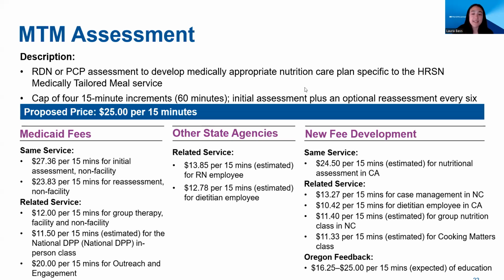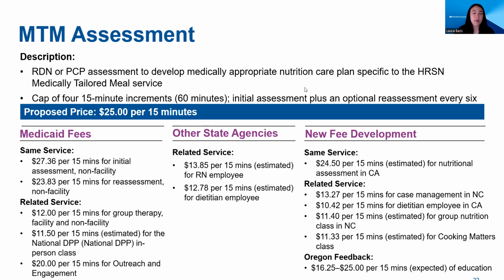The other prices included Oregon Medicaid rates for these related services, which we talked about, the group therapy and so forth. A statewide survey of payments for similar employee types. So that's the registered nurse and the dietitian in the middle column. And then the rates in other states and national programs, and as well feedback from entities in Oregon beyond our research. However, these data points were all for that related service of nutrition education, which we discussed on a different